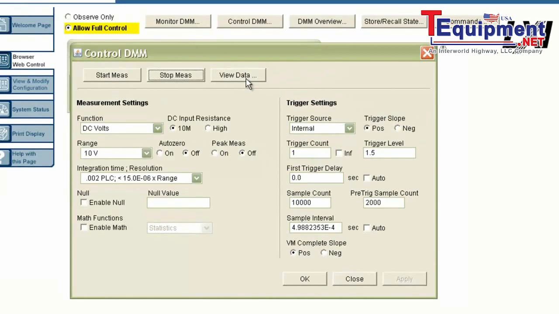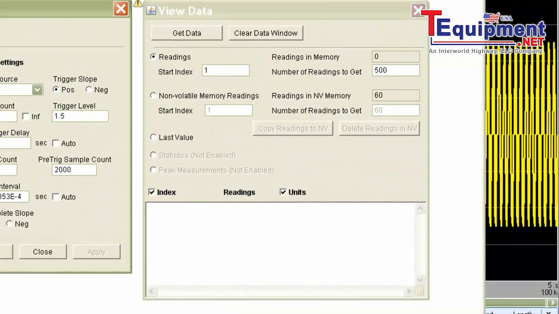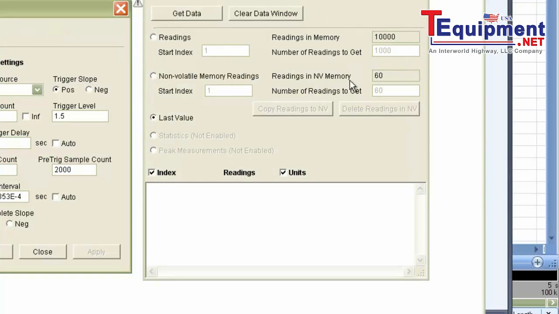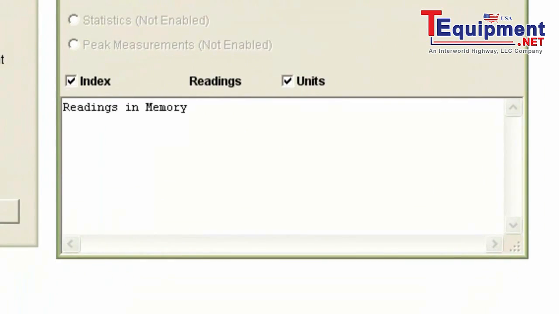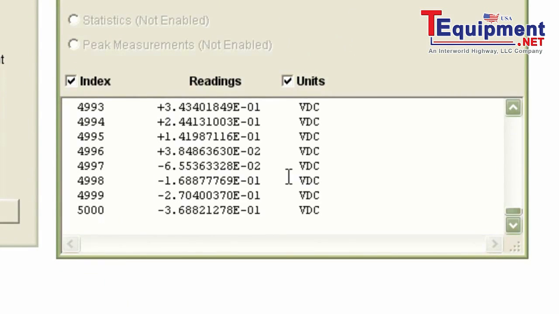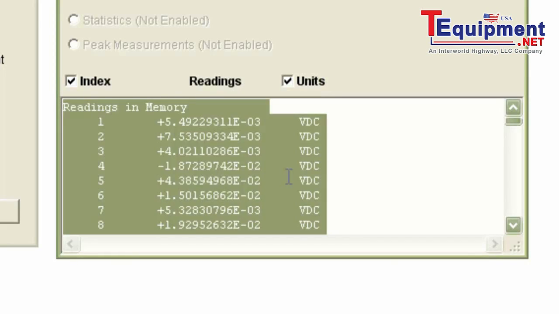So in order to visualize the data, I'm going to say View Data, and then start my measurement. You'll see here in the View Data window, I got 10,000 readings. So let's go ahead and read out our 10,000 readings and get the data. So you'll see here in this window, we have the data, but it really doesn't visually show us what we're trying to show. So I'm going to press Control A to select all the readings and Control C to copy them,